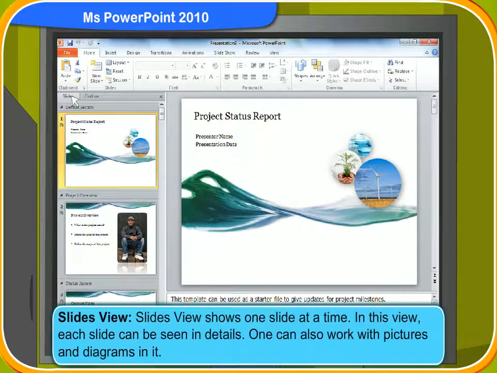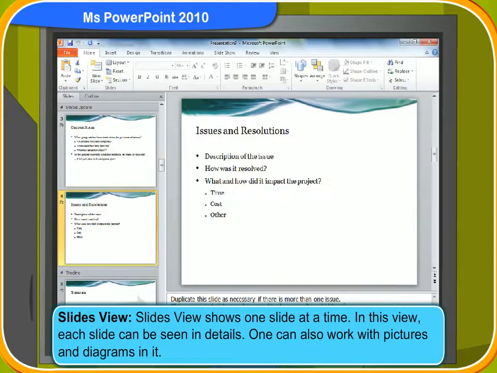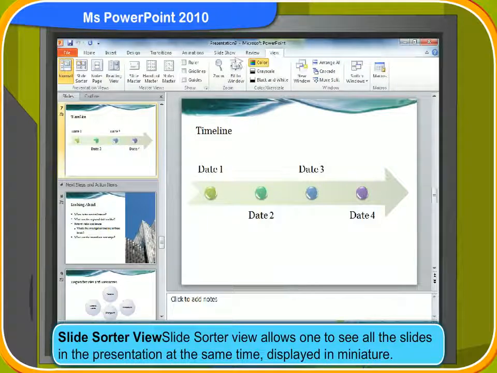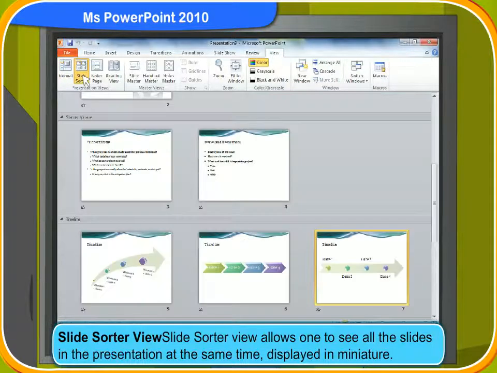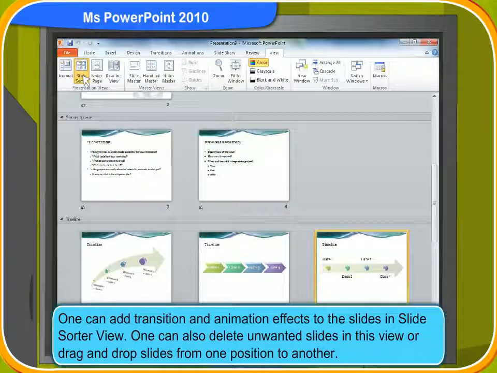Slide view shows one slide at a time. You can see each slide in detail in this view or work with pictures and diagrams in it. Slide sorter view allows you to see all the slides in the presentation at the same time, displayed in miniature. You can add transition and animation effects to the slides in slide sorter view.